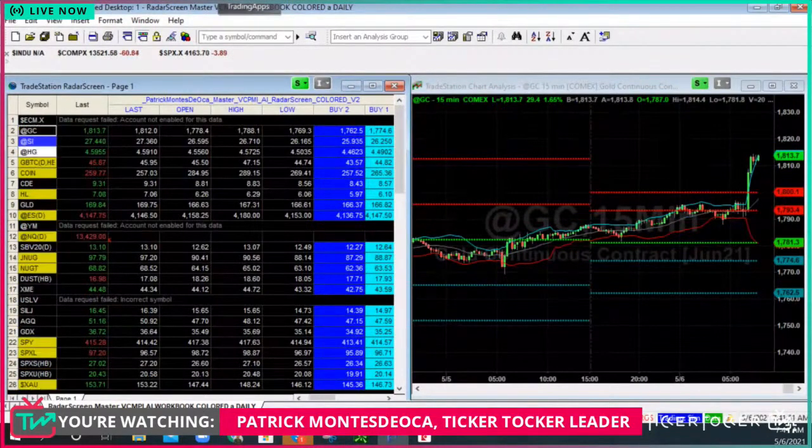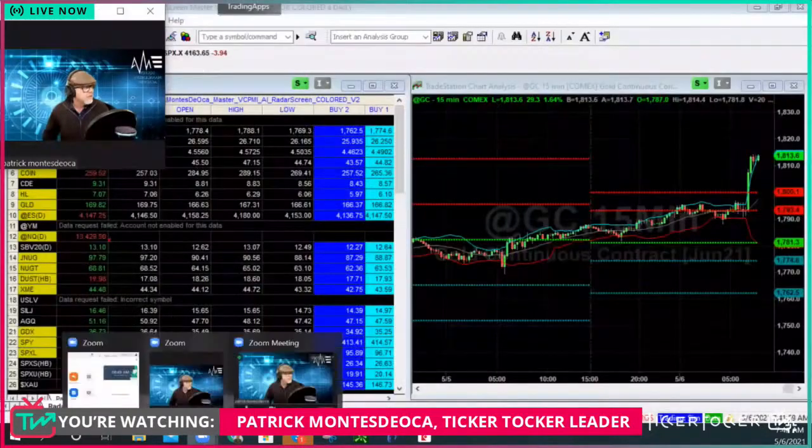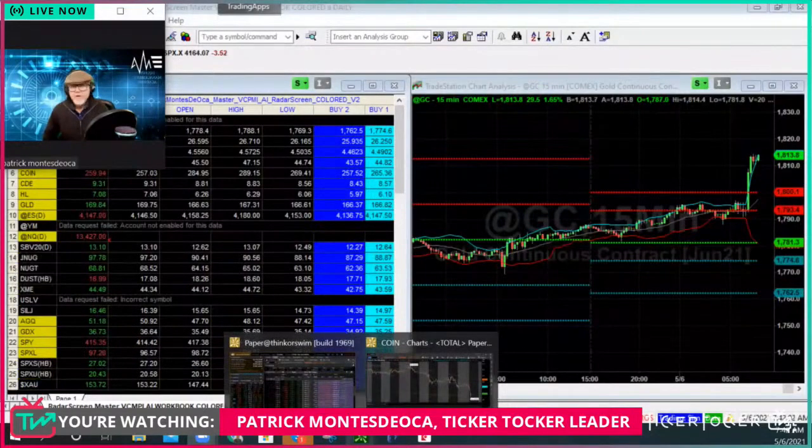What you want to do is use these levels as targets for you to lock in profits, not necessarily capture every nickel and dime out of the market, but to be able to lock in ranges that produce for you some phenomenal trading profits,